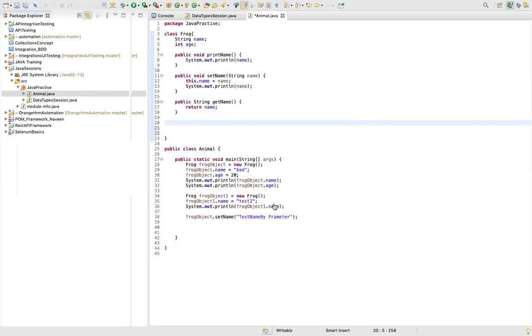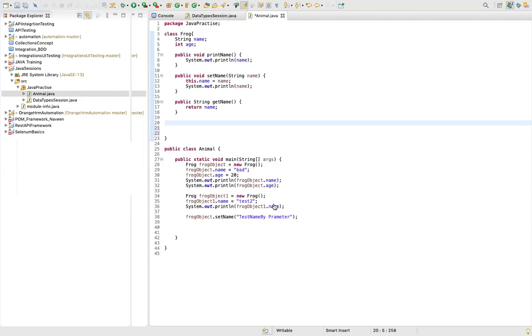So constructor, what exactly is a constructor? Whenever we discuss a class, obviously there has to be a constructor. One thing to note is that even if you don't explicitly write a constructor, the Java compiler still builds a default constructor for that class. You can write your own constructor, but even if you don't, there is a default constructor for that particular class.